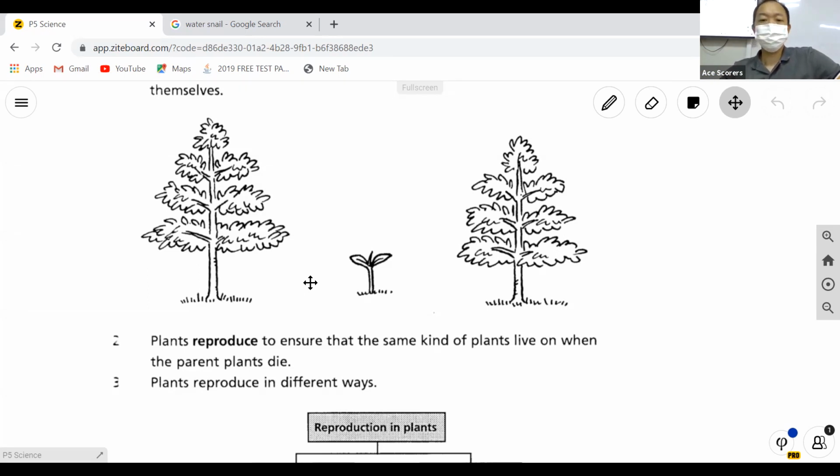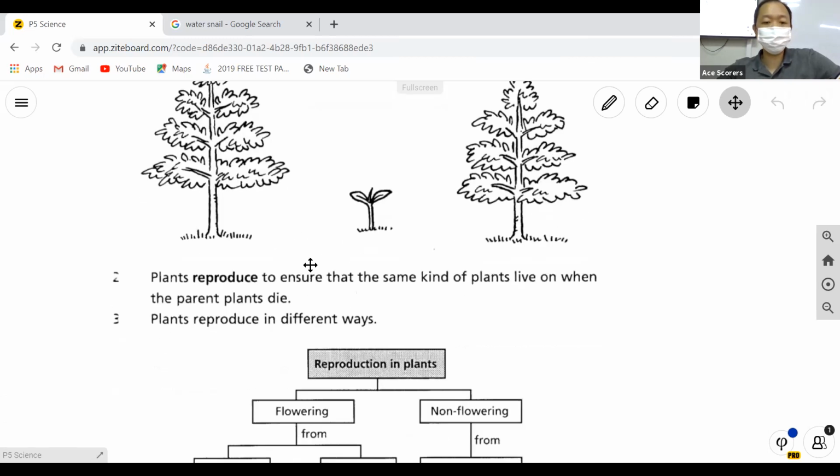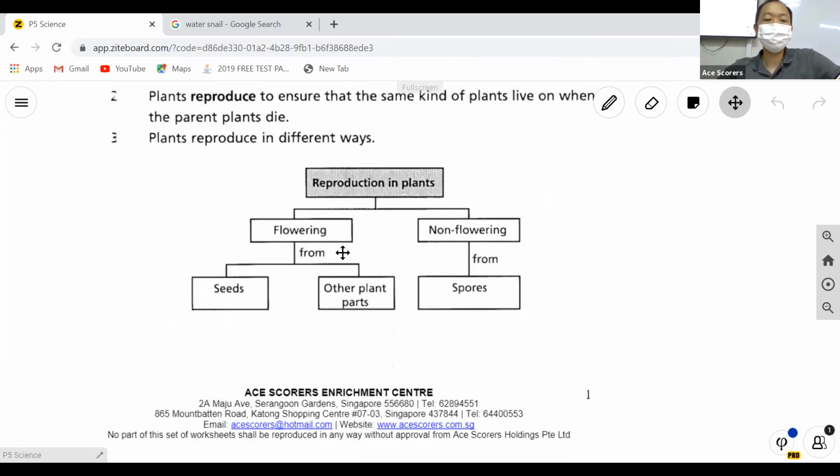Okay, so anyway, plants need to reproduce to ensure survival. So it's the same for all living things, you need to reproduce. So how do plants reproduce? 2 ways, right? Either the flowering or the non-flowering way. So flowering way,